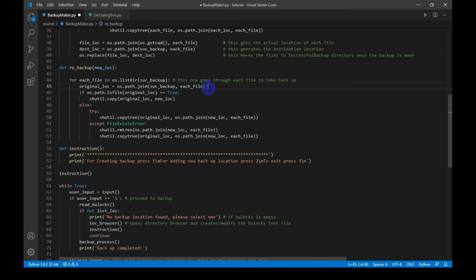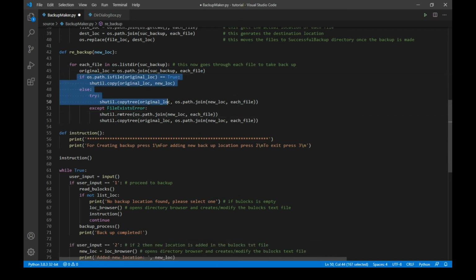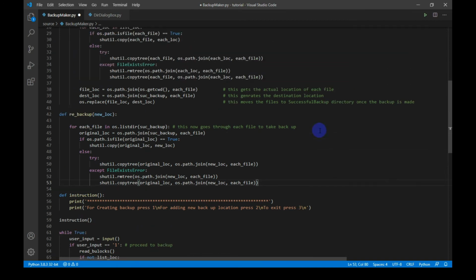Remember, each_file is present under the directory of successful backup. After that, the process is similar to the backup_process function. First, each file is checked whether it is a file or a directory. If it is a file, then the shutil.copy function is used. If it is a directory, then the shutil.copytree function is used. So this was the code for the backup maker program.